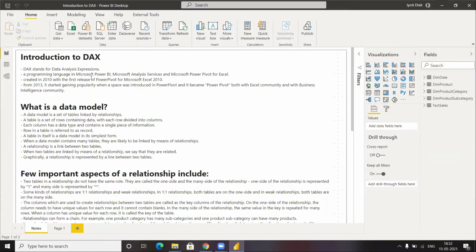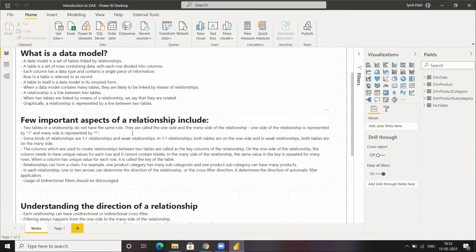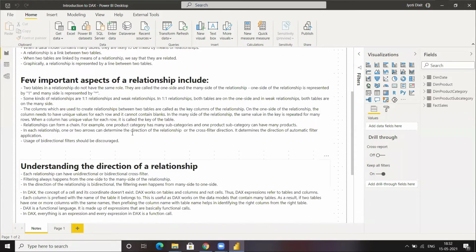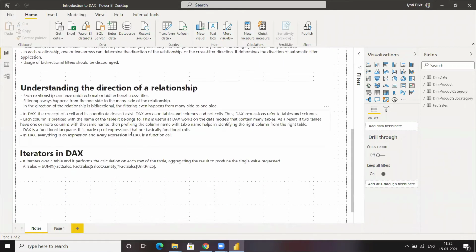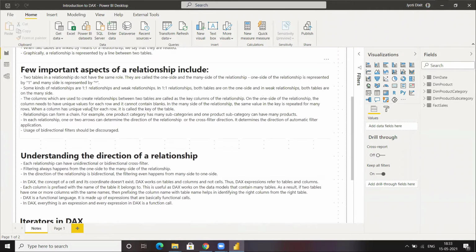Okay, first of all, let's understand what is DAX really. It's a kind of zero to hero training. So I will be talking about different aspects of DAX over here. I will be talking about the data model, the relationships, what are relationships, and different kinds of relationships, how you are creating models, and all those things basically in this particular class.